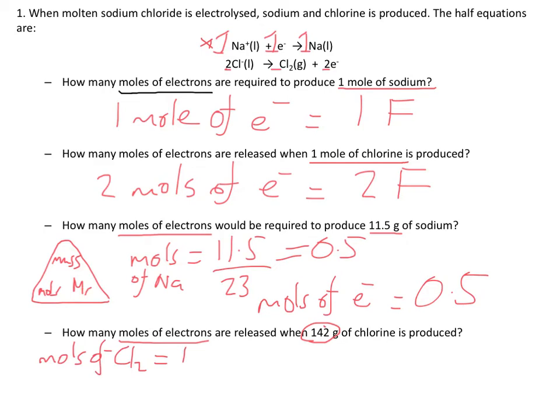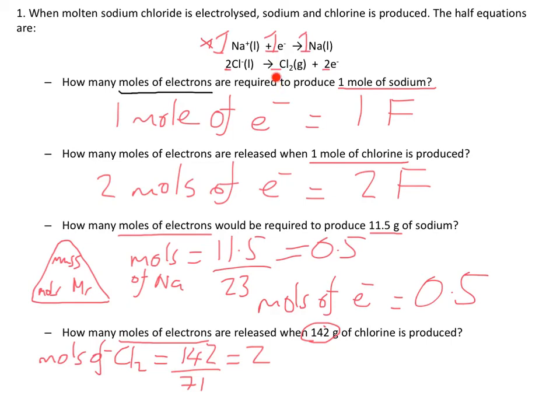So we've got 142 divided by, well, it's Cl2, and if you look on your periodic table, the RFM of Cl is 35.5, and as we've got 2 of them, 35.5 plus 35.5 should come to 71. 142 divided by 71 comes out as 2. So, as we make 2 moles